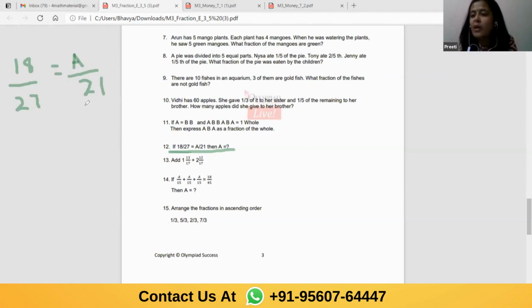Now, children, do you understand left hand side and right hand side? LHS is left hand side, RHS is right hand side. On left hand side, I have 18 upon 27, and on right hand side, I have A upon 21. Am I clear with this? Yes, ma'am. Now, when this 21 goes to left hand side, 21 is my denominator on right side, correct? Yes. So when this denominator goes to left side,